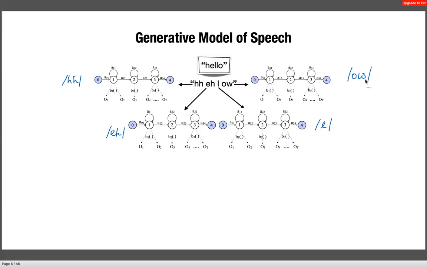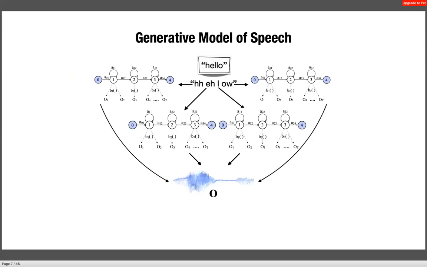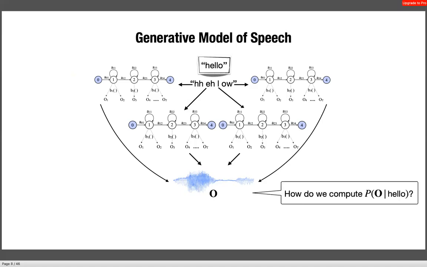And so then the generative model of speech would be that I have some speech signal, which is denoted by capital O, and I want to look at the probability of O given this word hello. And the fact that hello can be decomposed into this phone sequence, and each of the phones has a corresponding trained HMM. So say that I break the speech signal into 4 segments. Say this is H, this is the EH sound, this is L, and this is the O sound. Roughly, this is segment 1, segment 2, segment 3, and segment 4. So when I'm asking how do I compute the probability of capital O given hello,